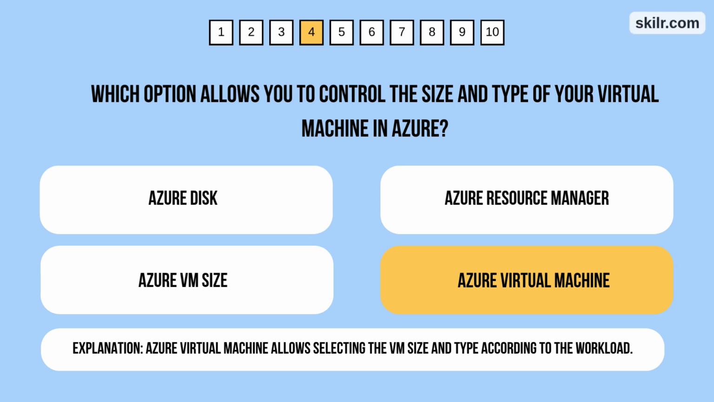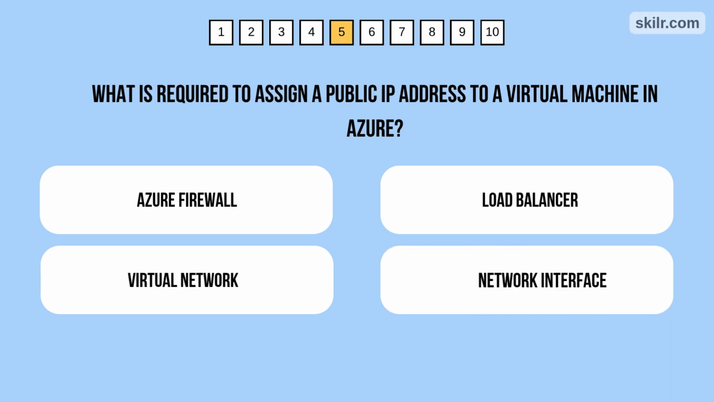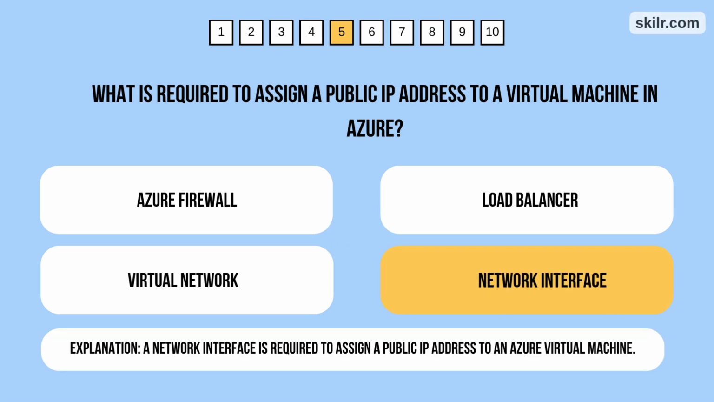workload. Question 5. What is required to assign a public IP address to a virtual machine in Azure? The answer is network interface, as a network interface is required to assign a public IP address to an Azure